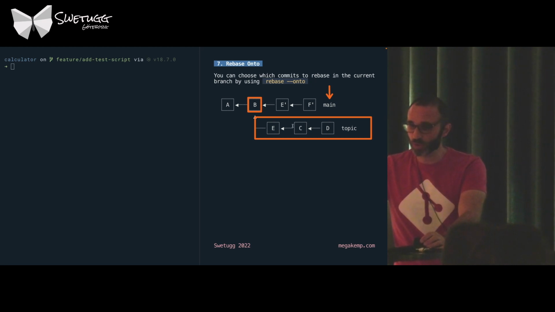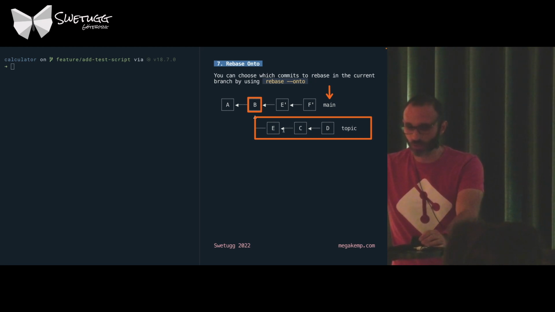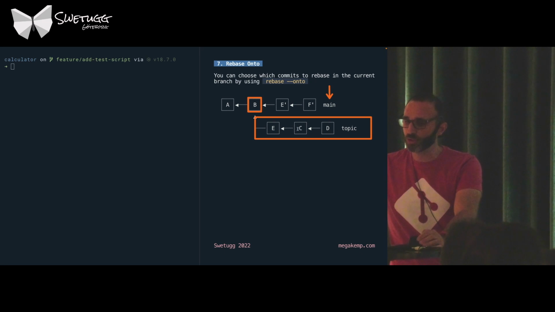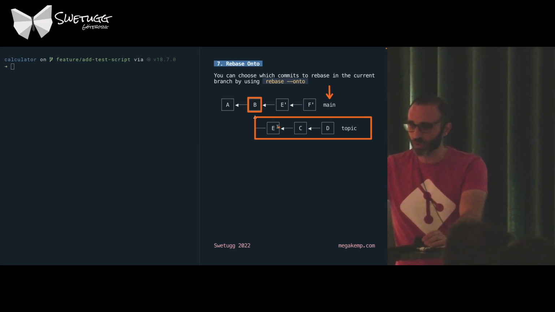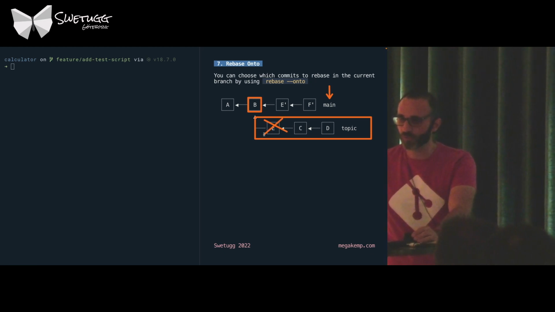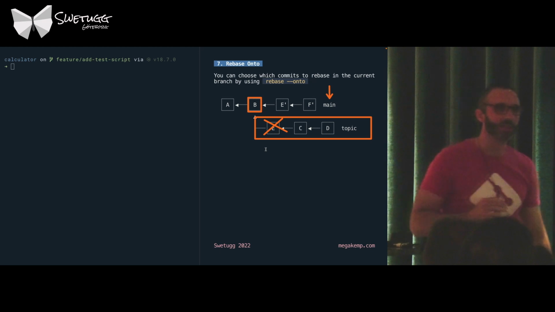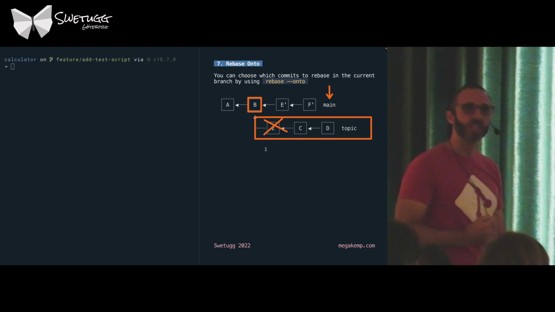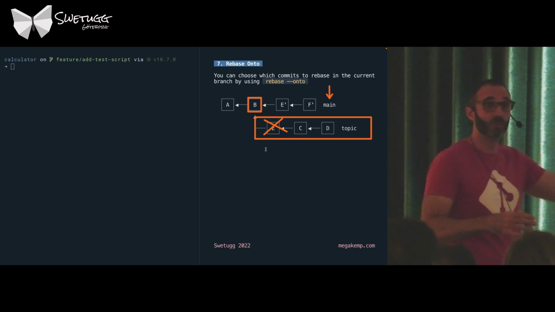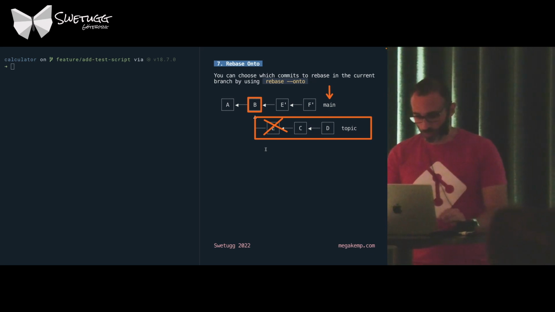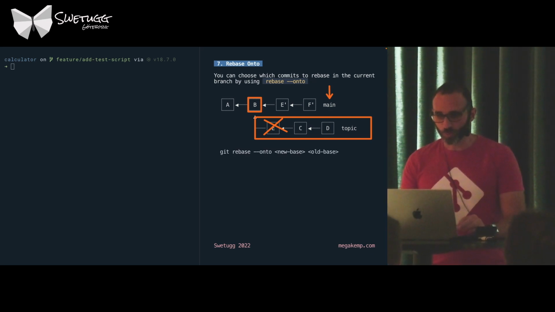What if I told you there is an option in rebase where you can selectively choose which of these commits you want to rebase? So you want, for example, to exclude this from the rebase, and you want to say I want to just rebase C and D, and I want to skip the E, because I know that there's going to be a conflict there. The way you do that is by saying rebase onto